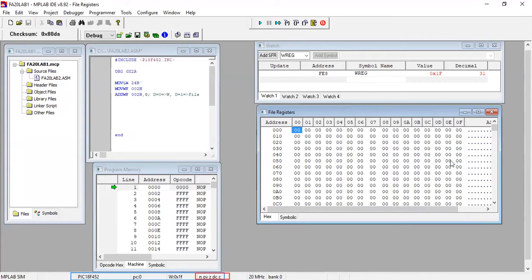So we can't see all the values at a time, but we can scroll down and check every value. But we will be observing a very small number of locations at a time, right? So in the file register, one needs to understand how one can actually see different things. For example, if you see this address, let me show you this one. So how can one tell what this address is?